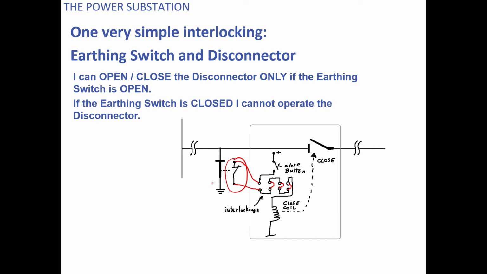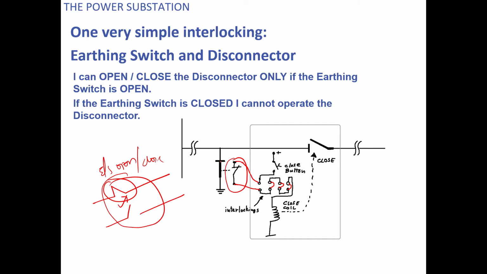Now to implement this, we use auxiliary contacts or auxiliary relays, and basically this is an NC contact. I will discuss in the coming days how to read the electrical scheme drawing, and then I will discuss the meaning of NC contact and NO contact. Basically all the electrical scheme drawings are prepared in the de-energized condition. So here this NC contact means if your earth switch is in open condition, then this contact will remain in the closed position. If your earth switch closes, then this contact opens. So this is your NC contact.